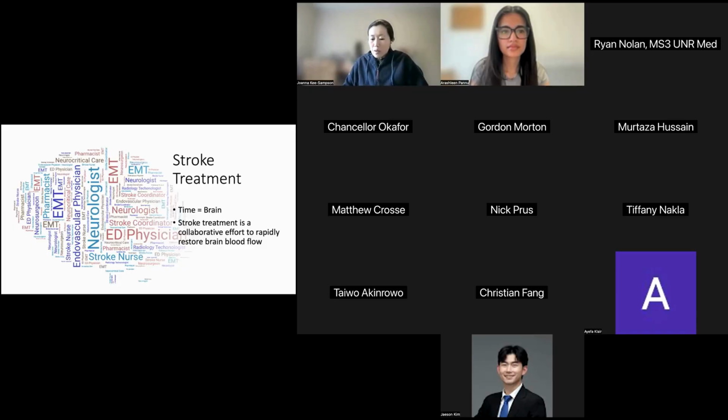So the important thing to know about treating stroke is that it's a team sport. Time equals brain, because the end goal is to get the patient's cerebral perfusion going as soon as possible. It is really a collaborative effort to treat stroke. If you look at any level one stroke centers, or comprehensive stroke centers,